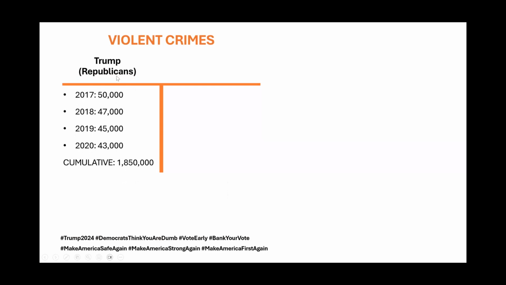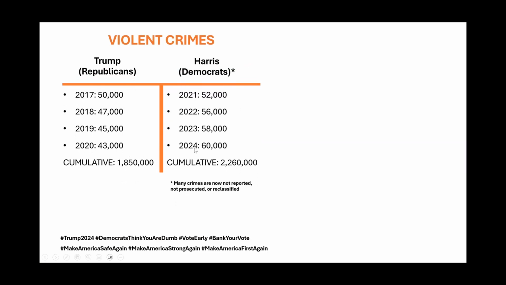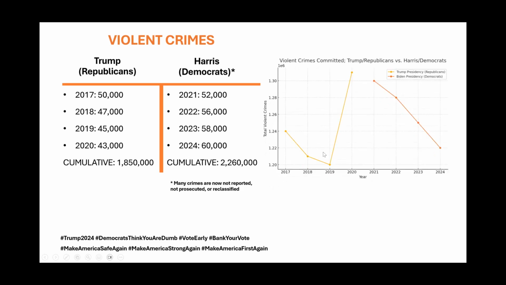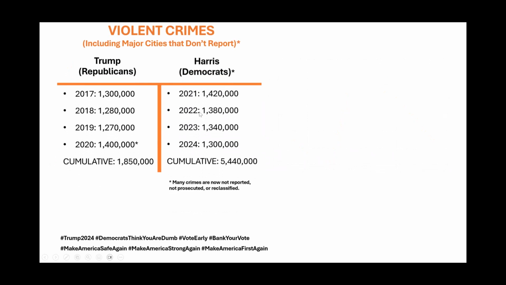Criminal justice, what's the impact on your safety? Well, violent crimes under Trump and the Republicans, 1.8 million. Harris and the Democrats, 2.6. This is interesting, though, when you look at it statistically, again, whether this is fake news or misdirection or magic, technically some of the trends are going down. However, there's also policies now where many crimes are not reported, they're not prosecuted, or many crimes are reclassified. And you've got certain cities and states, or cities primarily, that don't even include the crime statistics.